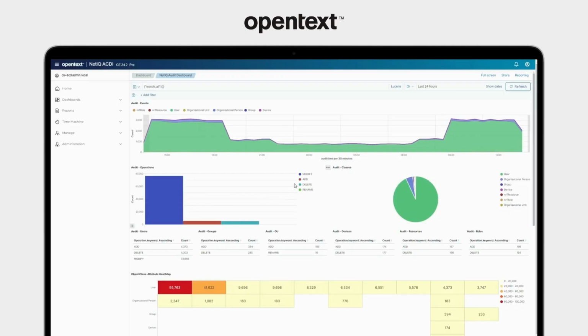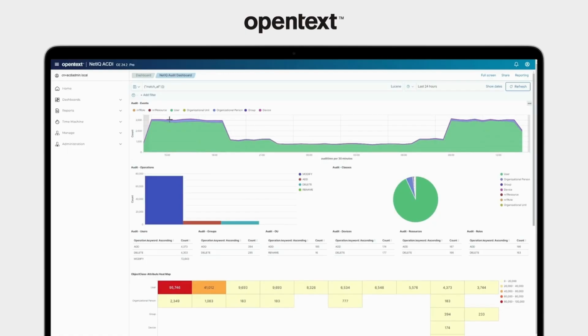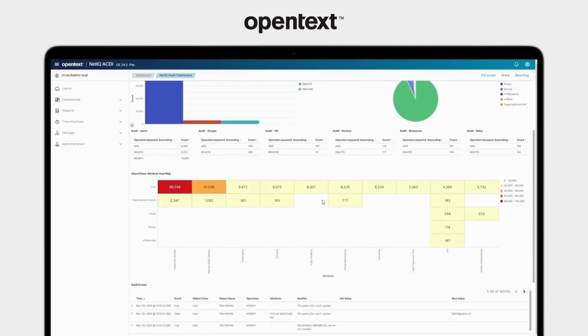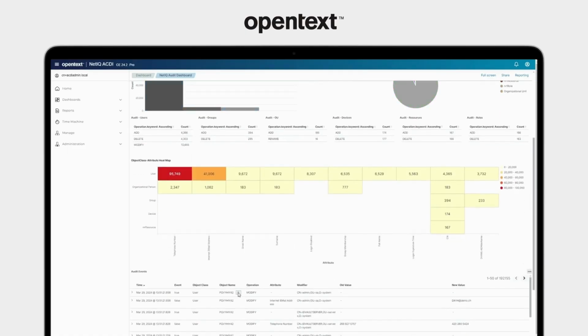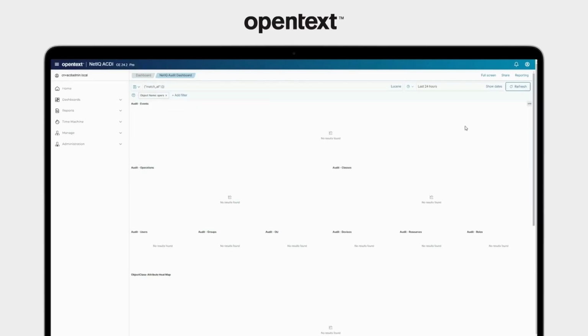Let's see which changes were made for him. Okay, there are no changes in the last 24 hours. Let's extend the time period.